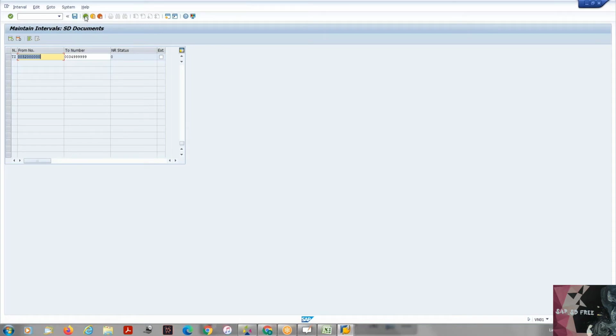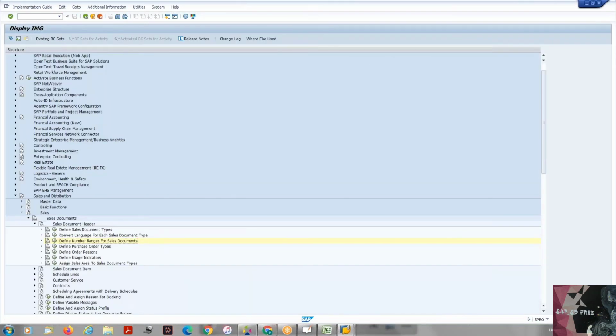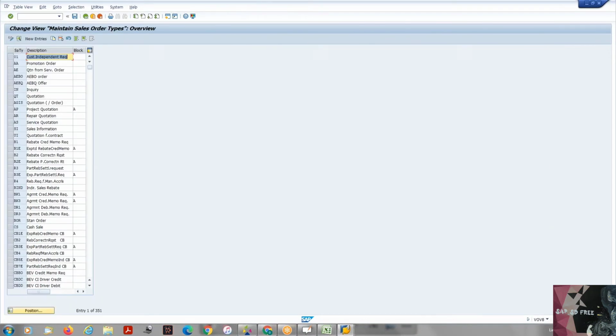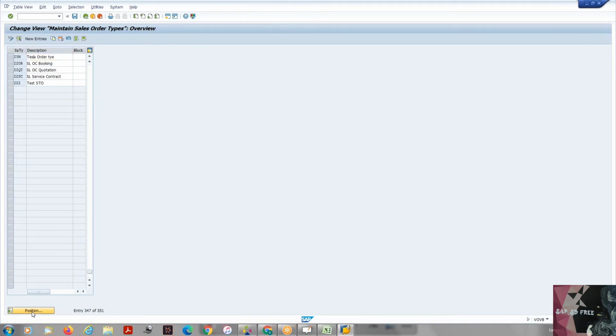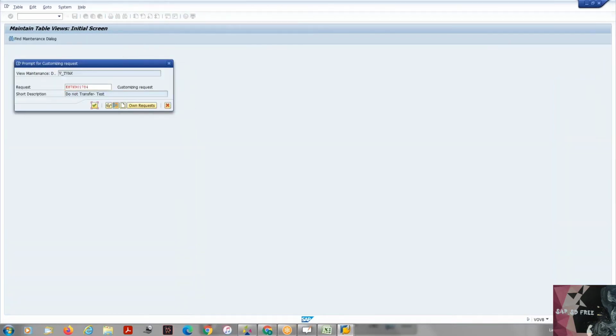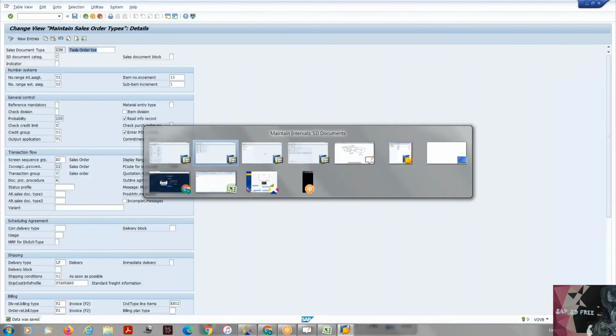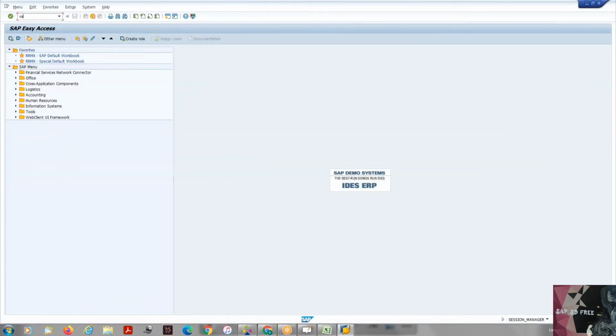Okay, and this number range I can go and assign to, for example, my sales document type. I have maybe ZYM, which I have created, right? I'll just go here and assign the internal number range as TZ. Let's just say I save it as TZ, and I'll save it. Now, just a quick check, if I try to create VA01, my sales orders,